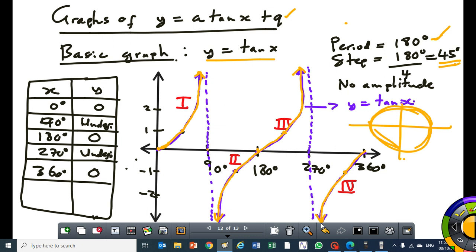All right. The next thing that I want you to do is to sketch the following. The period of a tan graph is 180 degrees. It's not 360 degrees. The step on the calculator is 45. The graph of tan does not have an amplitude because it has no maximum value for y and no minimum value for y. Therefore, it doesn't have an amplitude. Okay? So make sure you're aware of that. Now, I want you